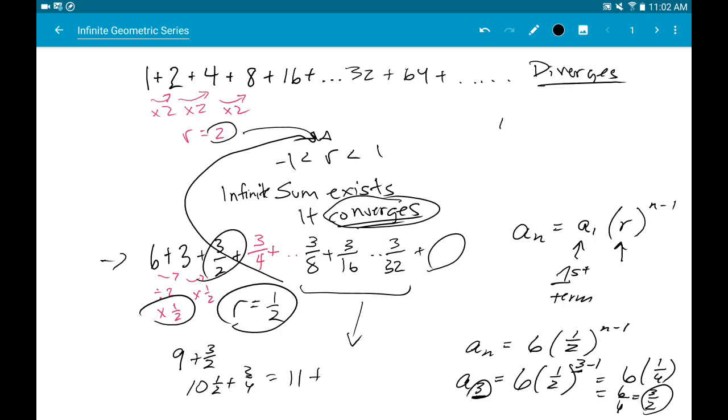Again, just to make sure you got it, the equation up here would be, what would it be? The first term is 1, r is 2 to the n-1. Getting familiar with looking for this geometric structure is important, because a lot of times if you wanted to know what the sum is, or if it has an infinite sum,